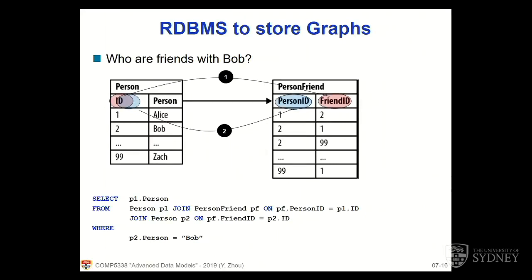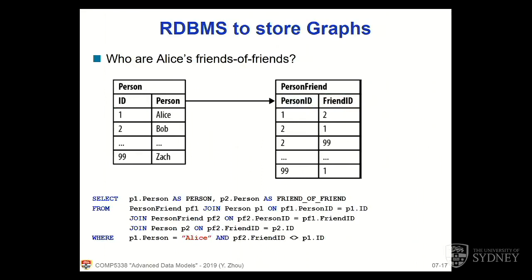So that's, again, 2 joins. Now, if we want to find out who are Alice's friends of friends, we still have to do the join. Now we have to do more joins. First, we do one join to find out Alice's friends. And then we do a self-join to find friends of friends. And then we get all the IDs, friends of friends. And once we find that out, we have yet another join to find out the friends of friends' names. So there are three